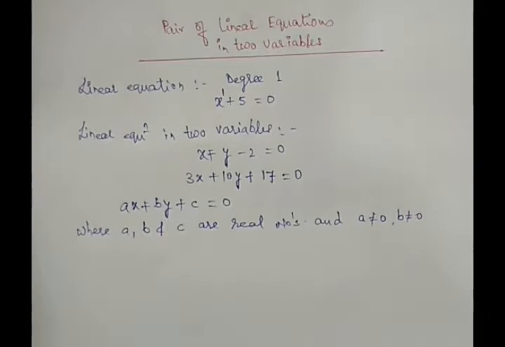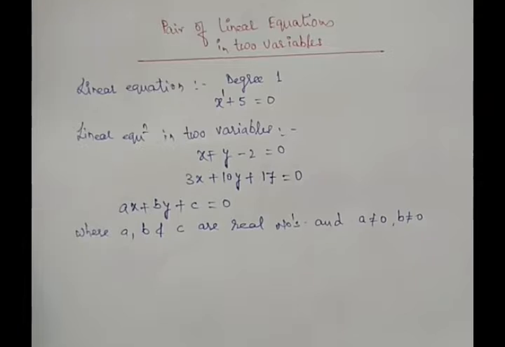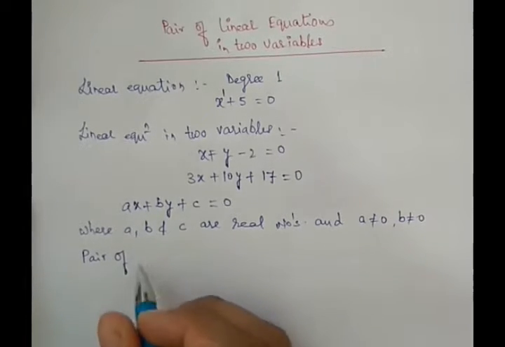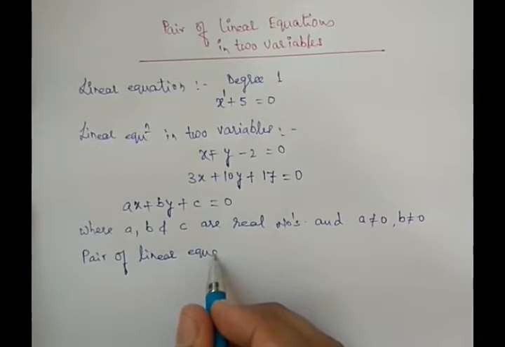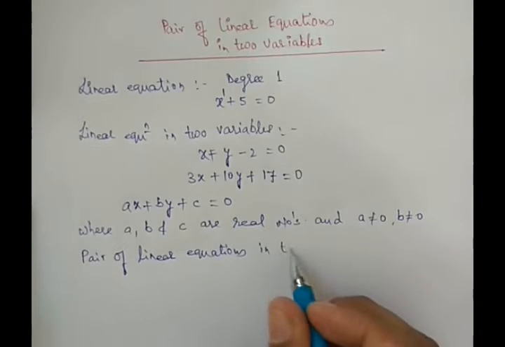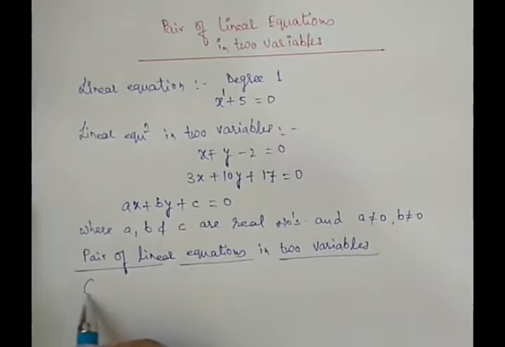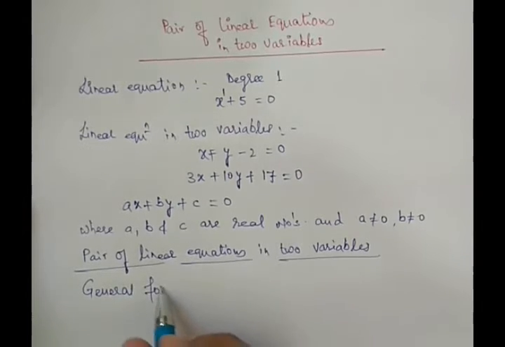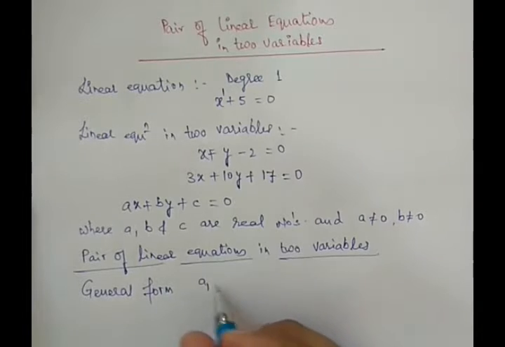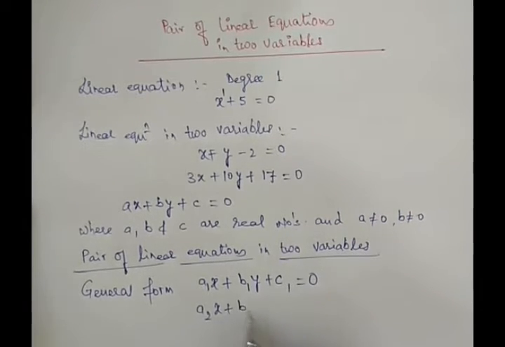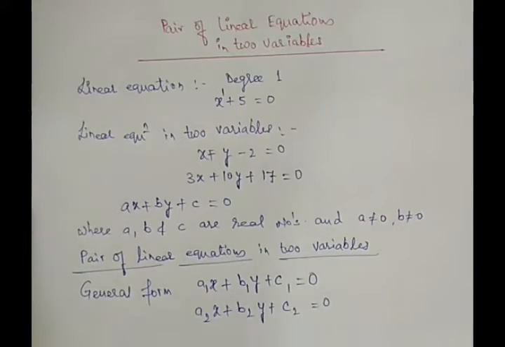Now, instead of one equation, if we take two linear equations simultaneously, then it will be called as the pair of linear equations in two variables, and the general form for the pair of linear equations in two variables will be a1x plus b1y plus c1 is equal to 0, a2x plus b2y plus c2 is equal to 0,